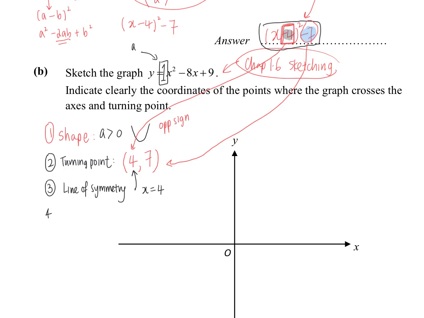Okay, then we will find the last few steps. One is your x-intercept. Remember, x-intercept can have 0, 1 or 2, so there is a chance you can have no x-intercept. That means your graph doesn't cut the x-axis at all. So we try to sub in y equals to 0. Okay, so when we solve it,